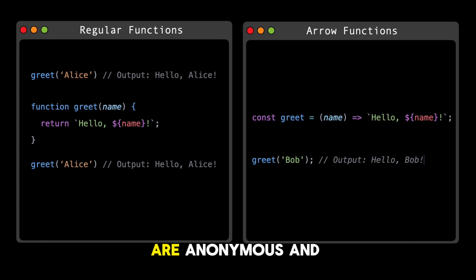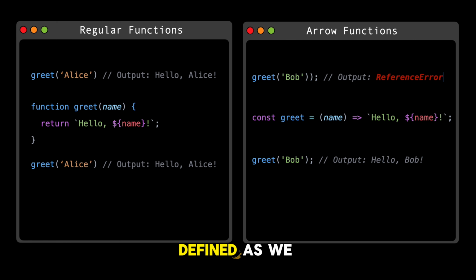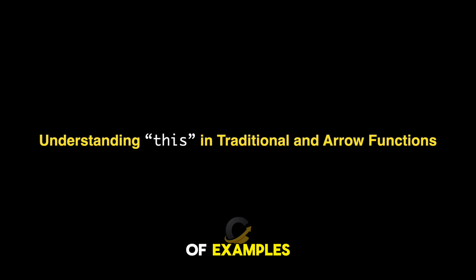Arrow functions are anonymous and are a go-to choice for short, temporary functions, especially as callbacks. However, they're not hoisted, which means you cannot call them before they are defined. As we move forward, we're going to dissect the use of this in a series of examples. Each example will build on your understanding, so let's jump right in and talk about our first case using traditional